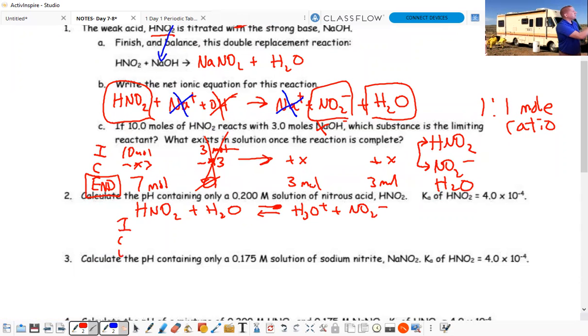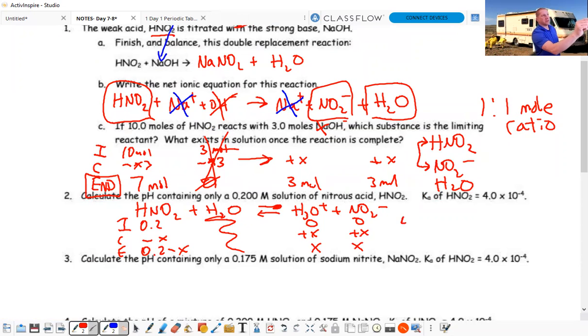So we have to do an ICE chart. Now this one's not a buffer because you don't have any of this or any of this. So this starts out at 0.2, we don't care about water, minus X, 0.2 minus X, plus x and plus x, x and x. I'm going to skip ahead to the K expression, which would be Ka equals products, x times x, or H3O plus times NO2 minus, over 0.2 minus x,